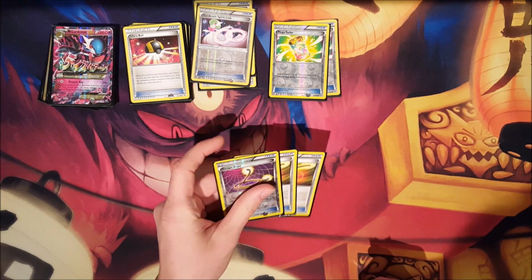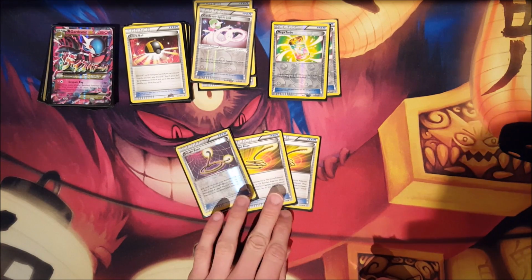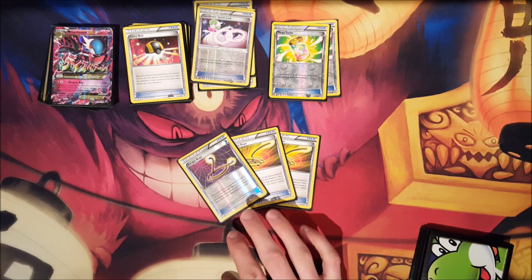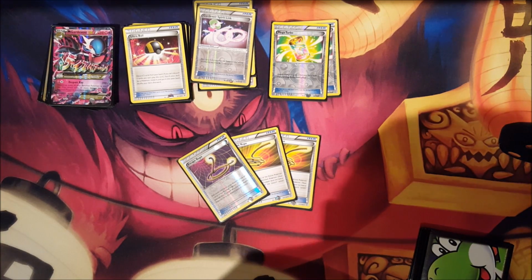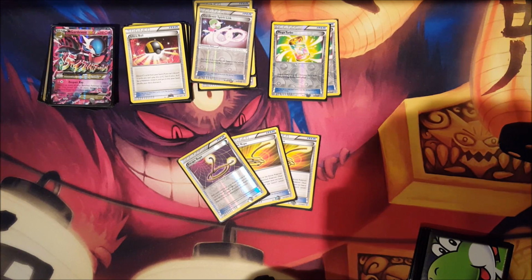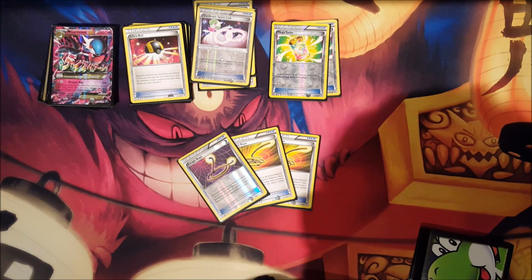An interesting choice for this list is 3 Escape Ropes. This is just an incredible card, I find, in this deck, because it allows you to protect against Fright Knight Yveltal, which is very big right now. And then,